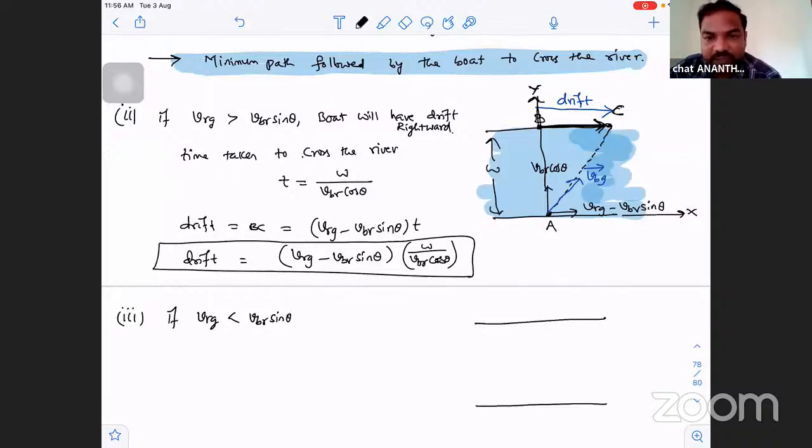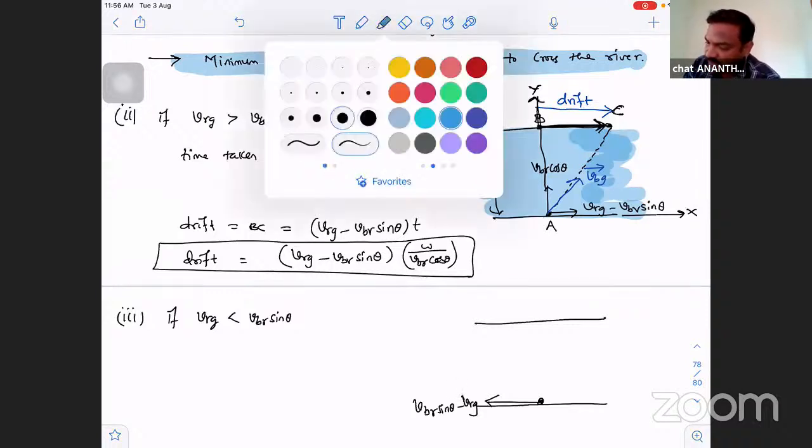VRG and VBR sin theta add చేయలేవు. Why? Because they are opposite. Opposite ఎప్పుడు యాడ్ అవ్వవు. ఎందుకంటే రిజల్టెంట్ ఫైండ్ చేస్తున్నాం మనం. ఆపోజిట్ వెక్టర్స్ ని యాడ్ చేస్తున్నాం కదా, మాగ్నిట్యూడ్స్ యాడ్ కావు, ఇప్పుడు సబ్ట్రాక్ట్ అవుతుంది. If VBR sin theta is more than VRG, then both will have VBR sin theta minus VRG in leftward direction. Leftward లో VBR sin theta minus VRG ఉంటుంది.